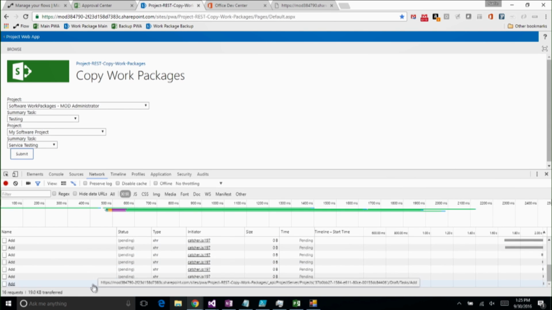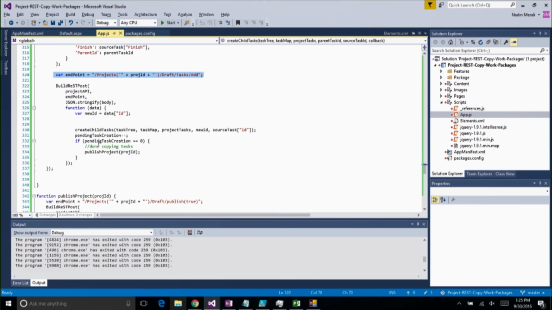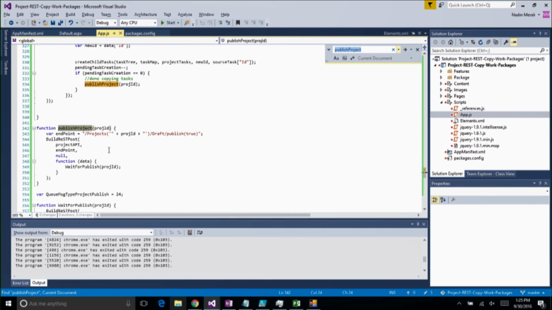And you'll see all this adding happen. Once I am done and there are no more tasks left to be created, I'm going to publish the project, so it goes out and becomes the plan of record. Publishing the project with true also checks it back in for me. So I'm going to call the draft on the current project. I'm going to call the draft endpoint and say publish true, and then I'm going to wait for the